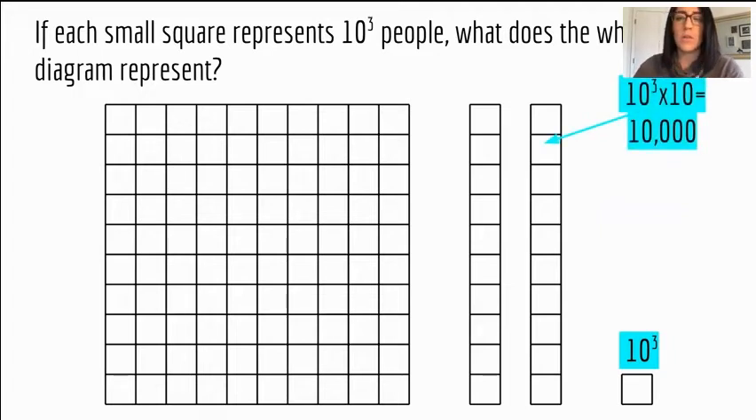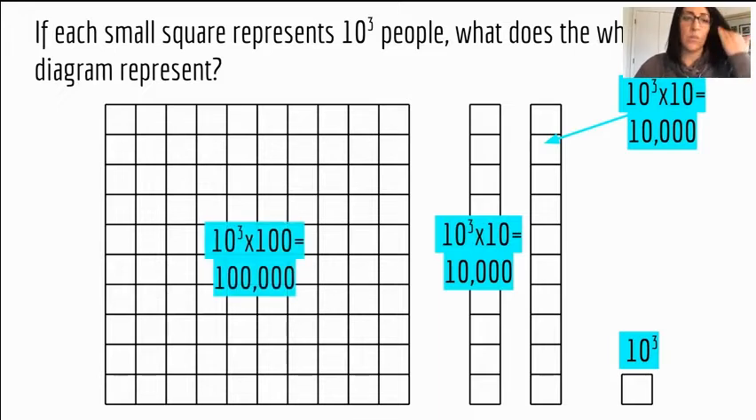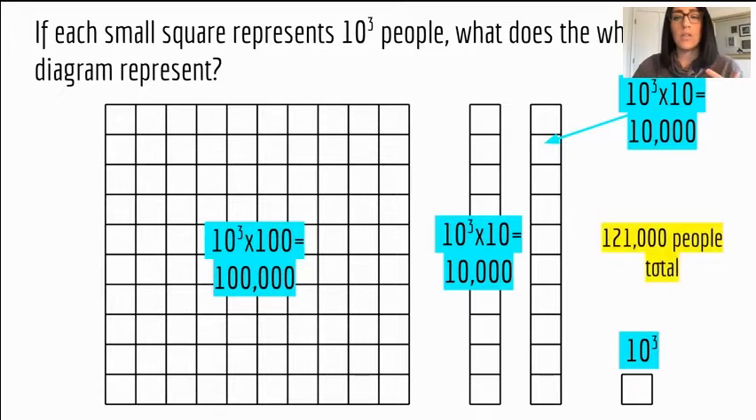So we would have to multiply that by 10, which gives us 10,000. Same thing for the second rectangle. The third figure here, the big square, would now be 10 to the third times 100 of the small squares, which means we'll have 100,000. Altogether, this would represent 121,000 people total, because we were talking about 10 to the third people being the representation